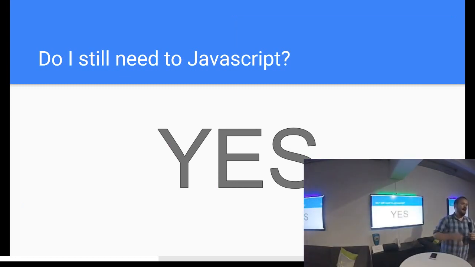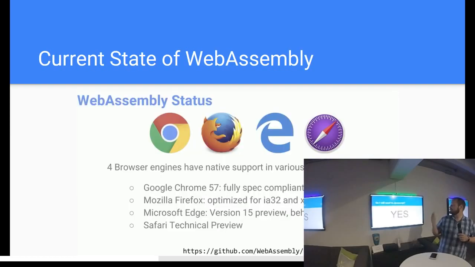So, do you still need to know JavaScript? Yes. Basically, they work hand in hand. JavaScript can communicate with WebAssembly, and WebAssembly can make calls to JavaScript as well. That's really how WebAssembly deals with the browser APIs in general. Any DOM manipulations, the HTML5 APIs, any of the other web APIs, you're generally accessing those through JavaScript. So WebAssembly is kind of your driver. It controls what's going on. It's super fast, but ultimately when you need it, you can drop down to JavaScript and use JavaScript. And they play very well together.